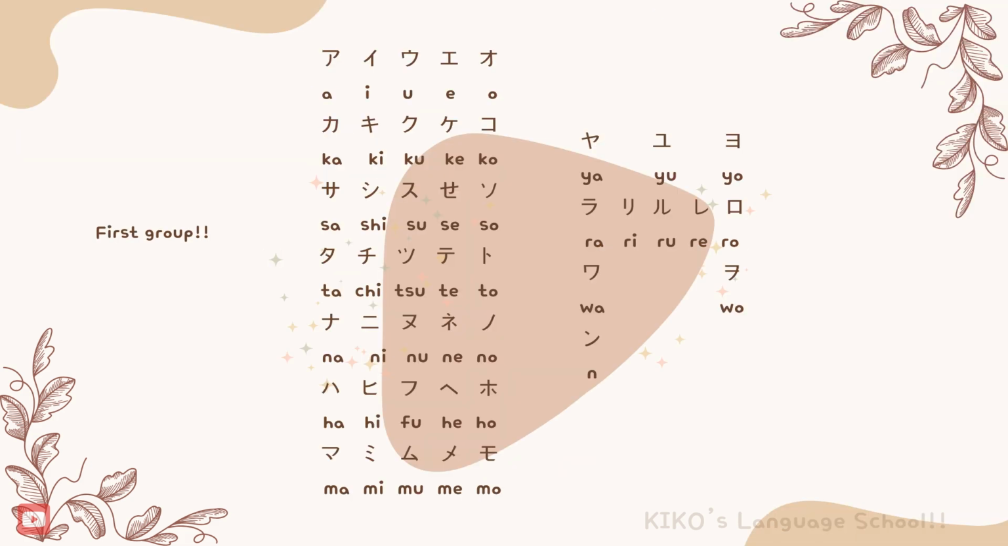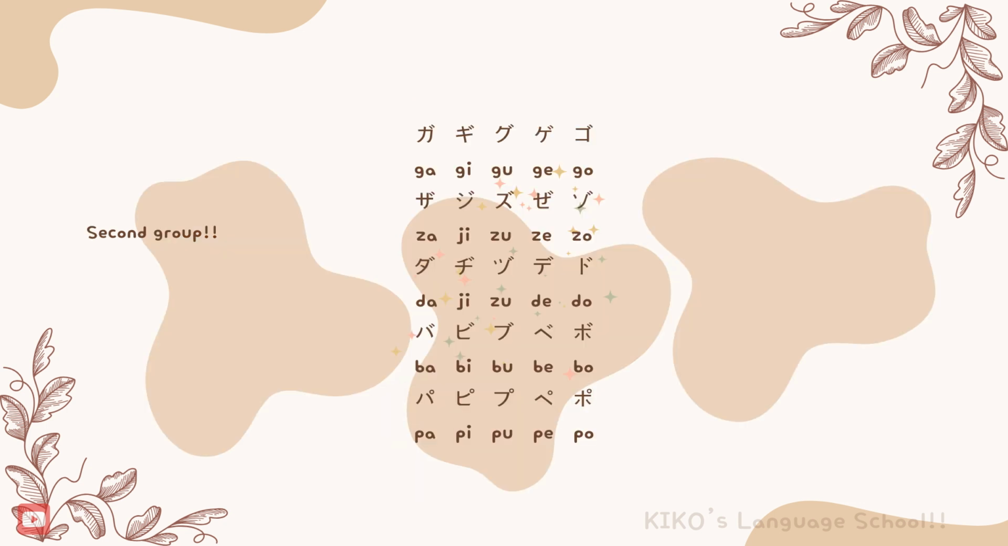Read with me. A, I, U, E, O. Ka, Ki, Ku, Ke, Ko. Sa, shi, su, se, so, ta, chi, tsu, te, to, na, ni, nu, ne, no, ha, hi, fu, he, ho, ma, mi, mu, me, mo, ya, yu, yo, ra, ri, ru, re, ro, wa, wo, ga, gi, gu, ge, go, za,